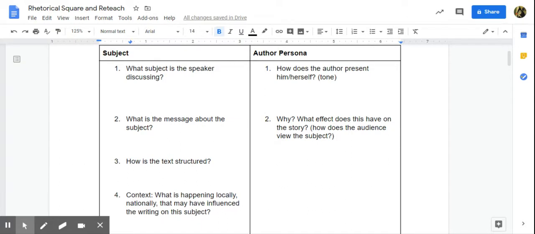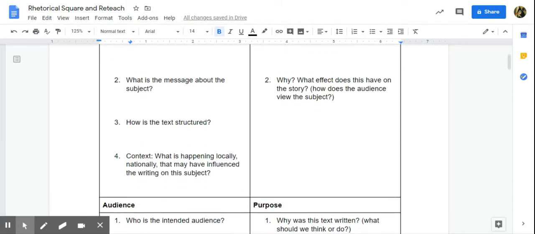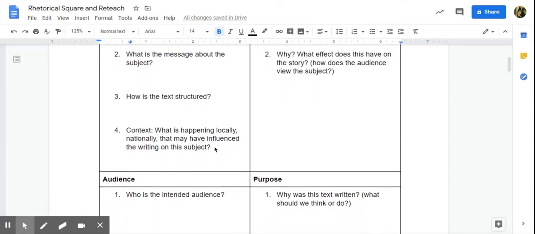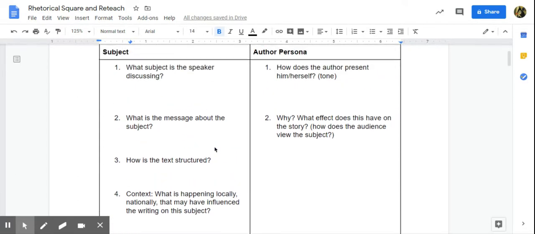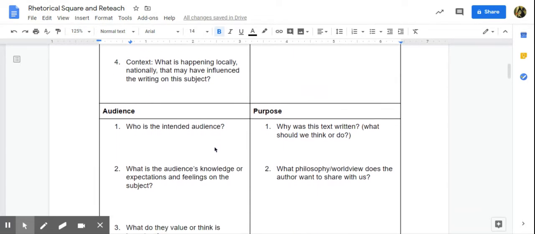So what subject is the speaker discussing? We're talking about a woman who's going to a home auction. She's talking about buying a soup tureen that belonged to her neighbor, running into her neighbor, and then thinking about how did that affect her? How is what's happening in the neighborhood affecting her? So I'm not going to go back over these questions, but I want you thinking about the story. You should have read it twice at this point, but think about the story when you're answering each of these questions.